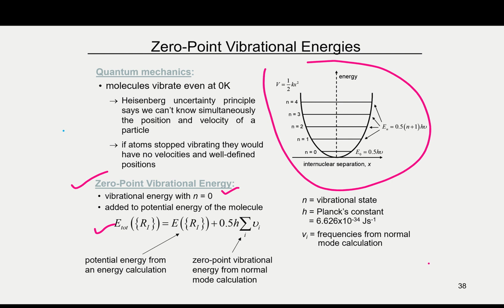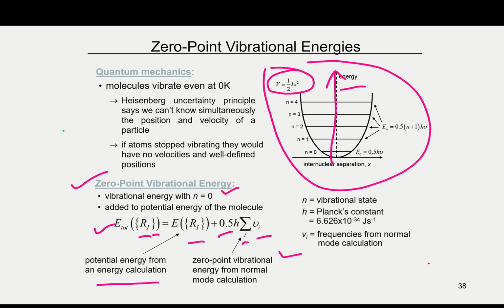E total at R1, which is the coordinate, equals E(R1) plus 0.5 h summation of i and frequency i. Okay, you see this one, V is equal to half kx squared, like we talked before as well. And this is the increase in energy in this direction. Potential energy from the energy calculation gives you the potential energy, and it gives you the zero-point vibration energy